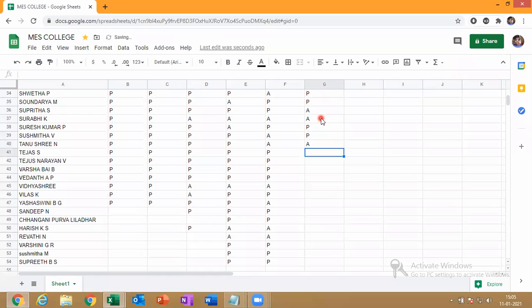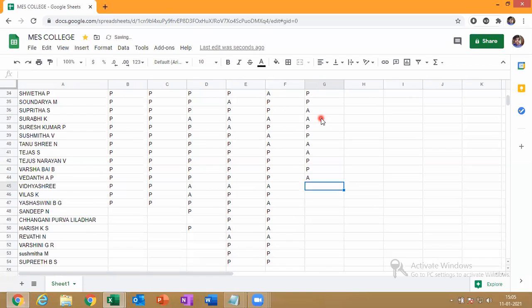Tejas, yes. Tejas Narayanan, present, sir. Vedant.